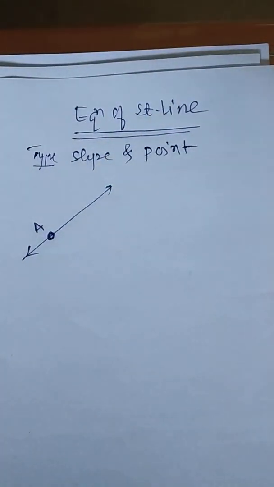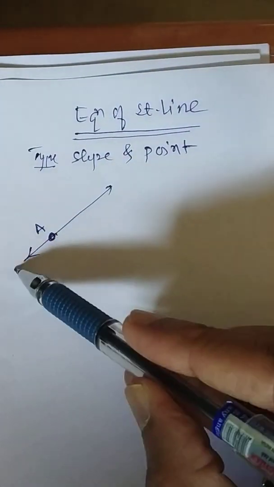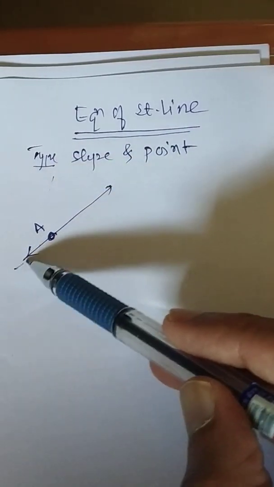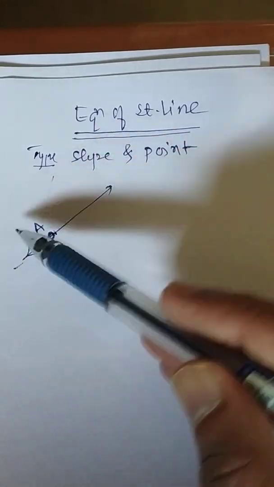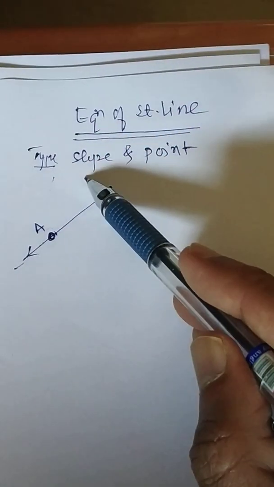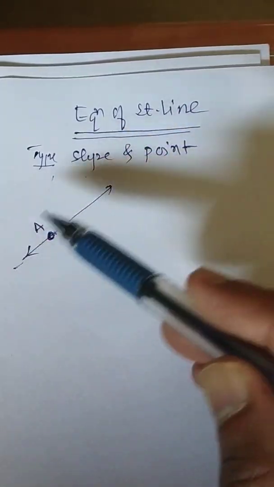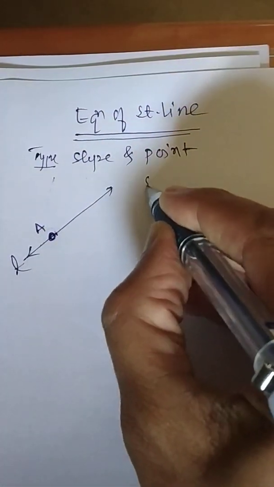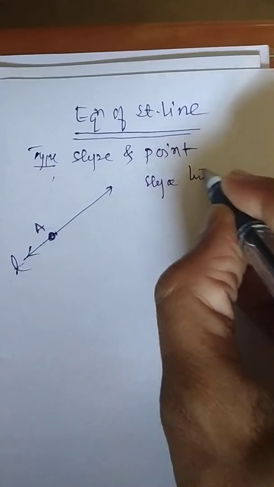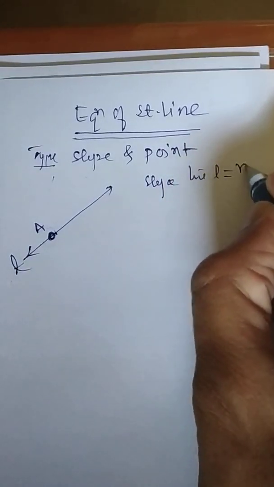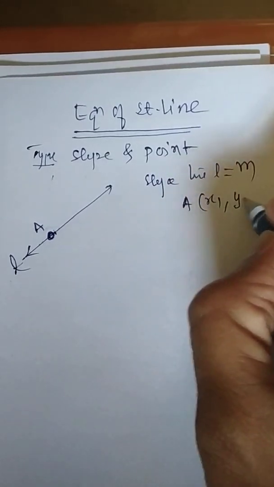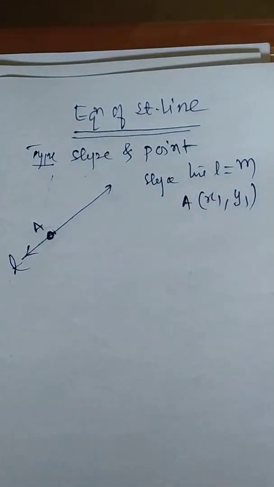Now the question arises, from the point A there will be many lines. But if I fix a line which is passing through a given point and having a slope, the slope will control that there will be a unique line which will pass through that point also. So I'm just giving you some remark. Slope of the line L is nothing but m. And the point A which you can see on your screen is nothing but (x1, y1). This is known to you.